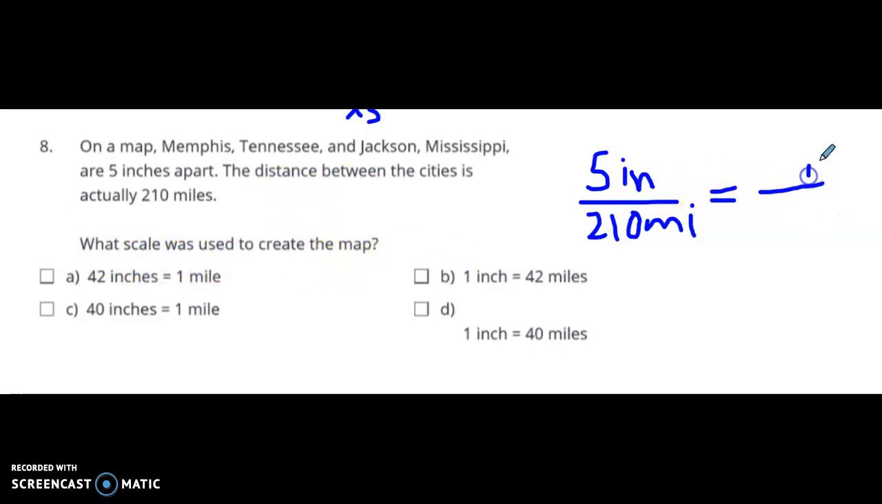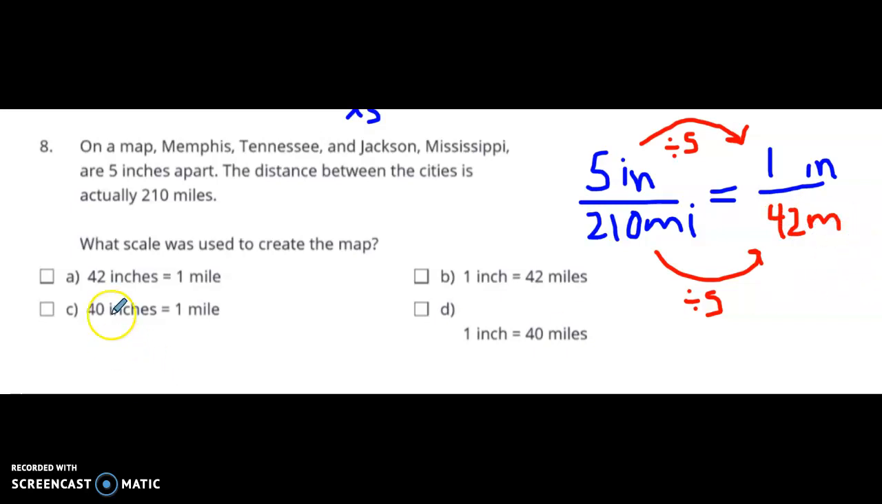So on our map, we want to know 1 inch is representing how far. So we could divide by 5 or times 1/5, times 5 is reciprocal. Let's do division for now. Divide by 5, we get 1. And divide by 5, 210 divided by 5 is 42. So 42 miles